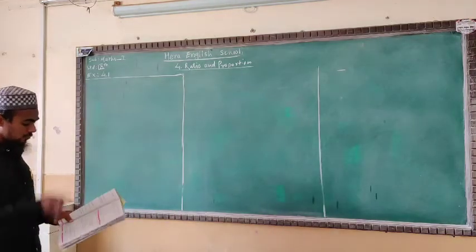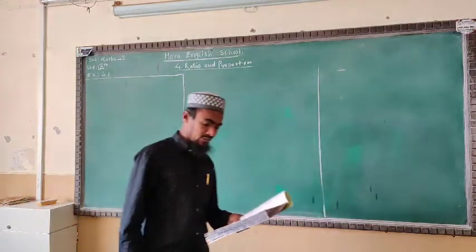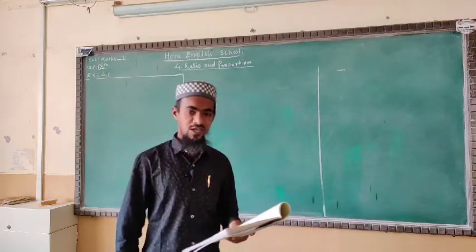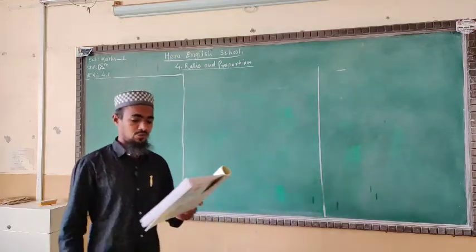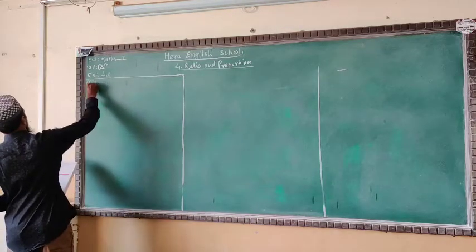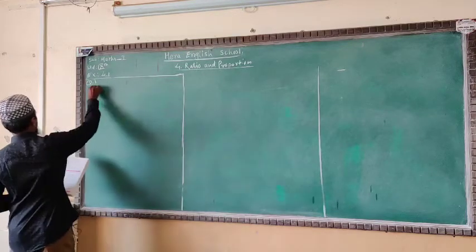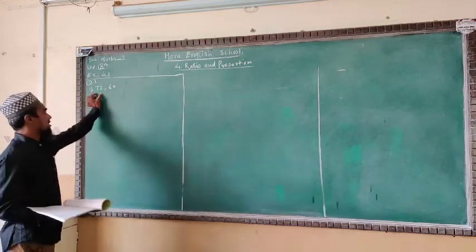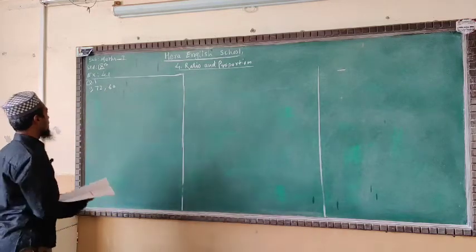See very well, in 4.1 question number 1 we have: from the following pairs of numbers, find the reduced form, means simplest form. We have to divide both units, giving the reduced form of the ratio of the first number to the second number. Question number 1, part 1: 72, 60. The first quantity is 72 and the second number is 60. In both we have to bring the reduced form.